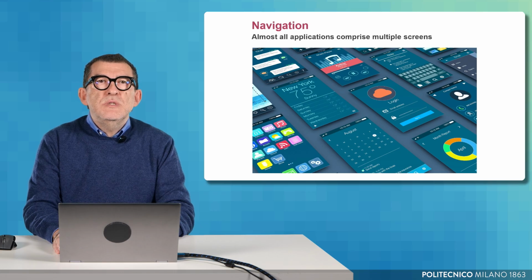We are all used to navigating when we use an application, simply moving from one screen to another. There are many different gestures that allow us to switch between screens. The most common one is tapping a button, but we might also swipe or perform other touch gestures on the screen. The real challenge is not the gesture itself, but designing a clear navigation flow, a structure that users can easily understand and follow. Users expect navigation to be intuitive and predictable.